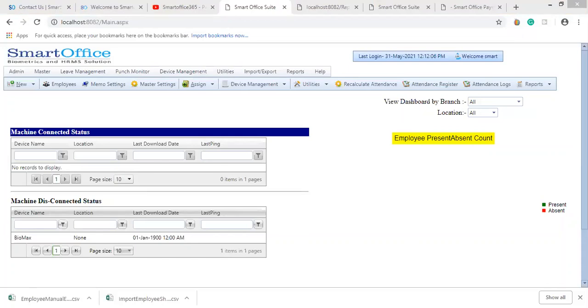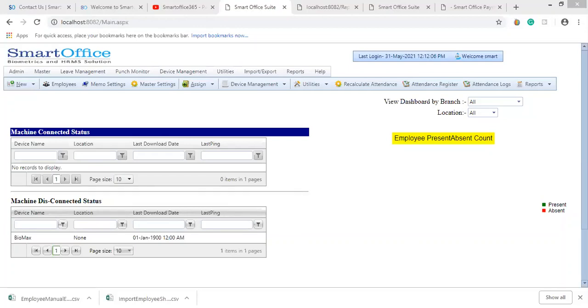So this is how you can import the employee shift month-wise. Employee code, employee name, location, what is the location you have assigned to your employees, and the shift code. I'm giving a shift code, general shift, that is GS, whatever the code.